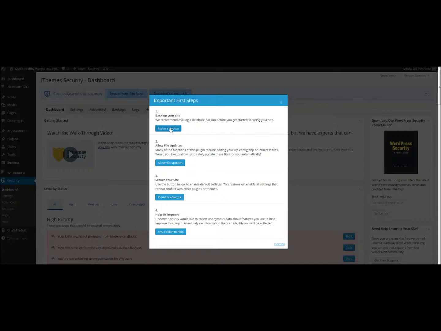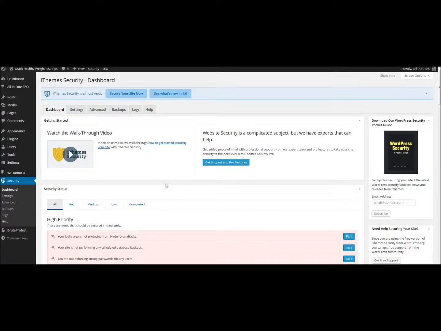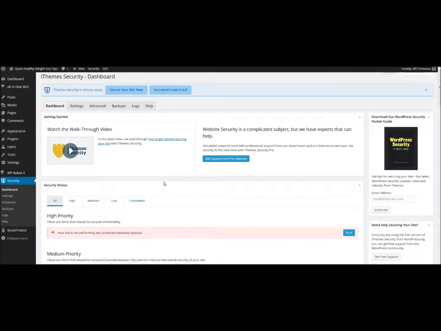Okay, you can make a backup. I would do this. You can allow file updates. So basically, if you want to do that, you can click on allow that. Okay, now it just saved it and it's allowing that. And then what you can do is you can actually click here and just do one-click secure. Okay, and then pretty much the other things, once you've gotten these things done, you can just dismiss them. And then what you can do is